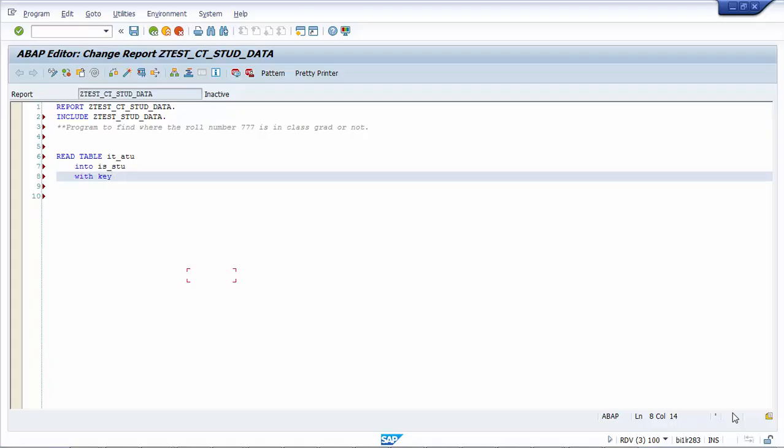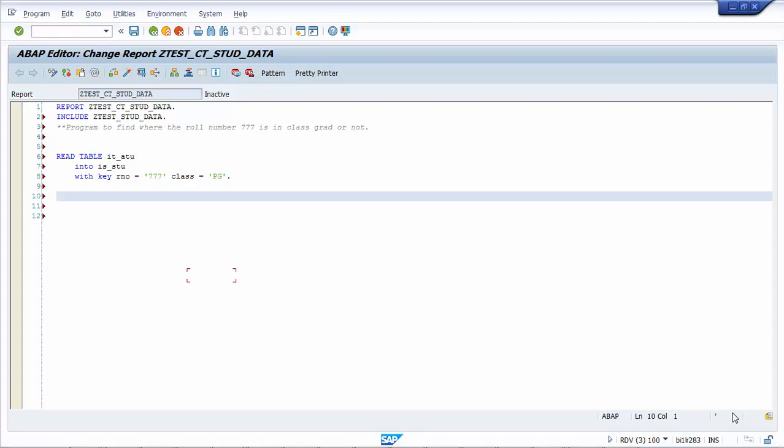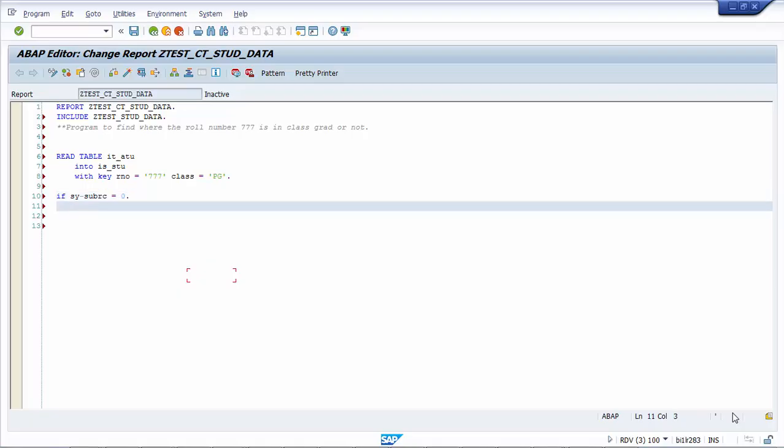with key. So we want RNO. We know that RNO is our roll number, 777, and its class to be PG. Now if this is true, then SY-SUBRC will be set to 0, else it will not get executed. So if this condition is true, if the read statement is true, then I want to know what the name